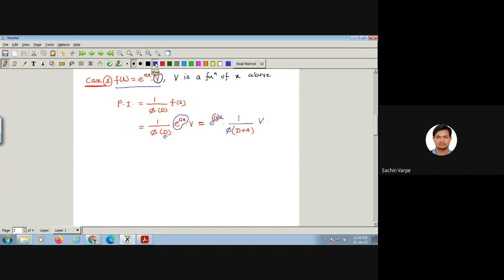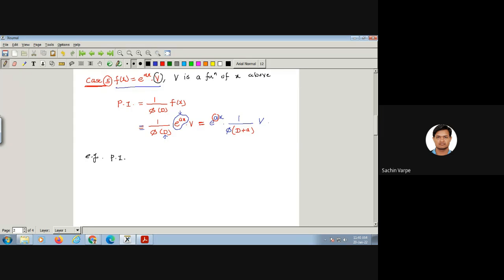We start with taking derivatives of e raised to ax into v, and by the product rule we go on taking further derivatives using the product rule, then the nth derivative, and from that we will get the required formula, the required logic. Okay, so here the main thing is, we write the exponential function outside the operator, and immediately we replace this d by d plus a. For example,